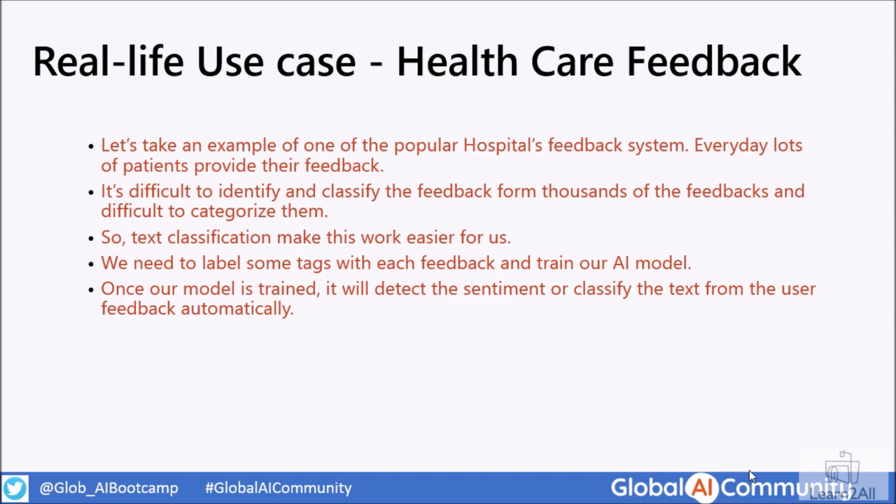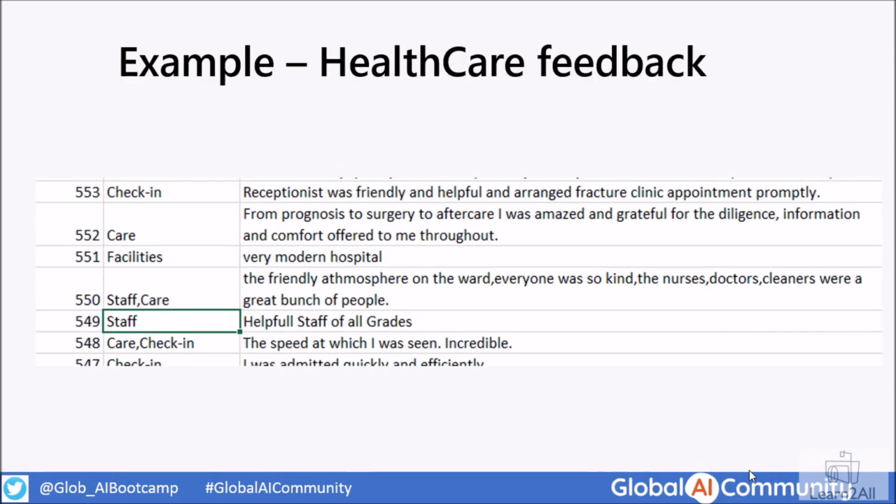All right, I know this is difficult to understand, but let me make this process easier for you. Let's say, for example, consider this Excel spreadsheet where I have this type of feedback given by customers. Let's say I am taking 1000 feedbacks, and manually, first of all, I need to tag them. So for example, here is "that very modern hospital." It shows the facility of the hospital, so I want to tag it as facilities.